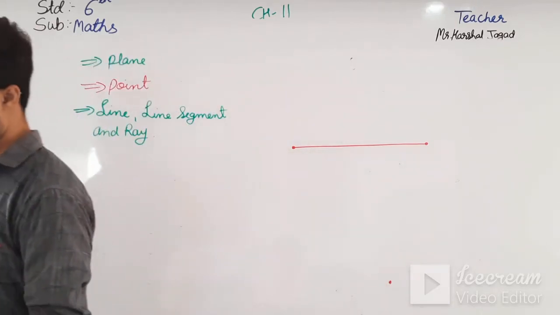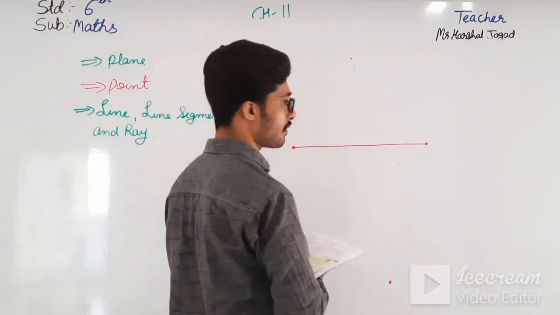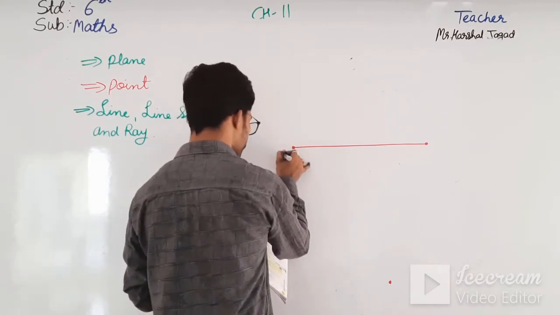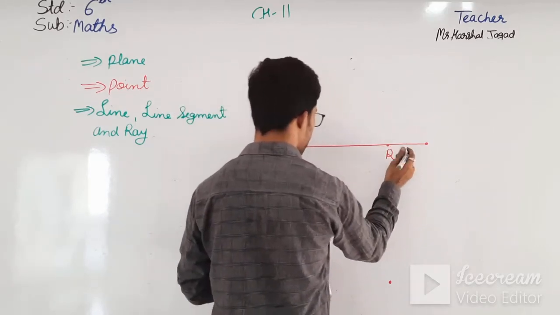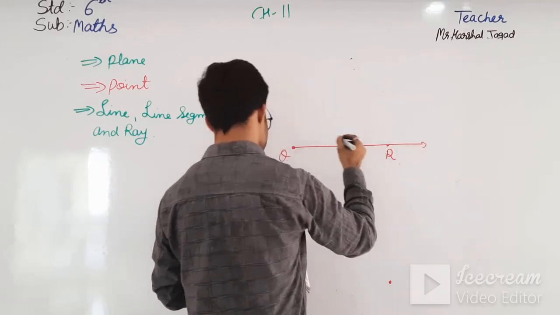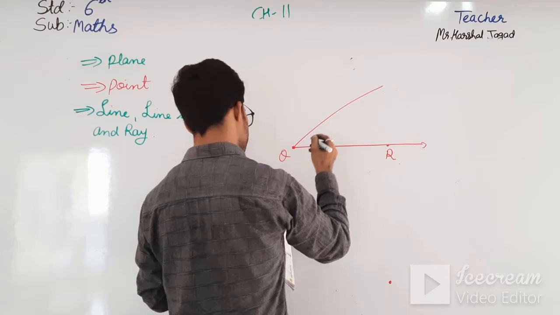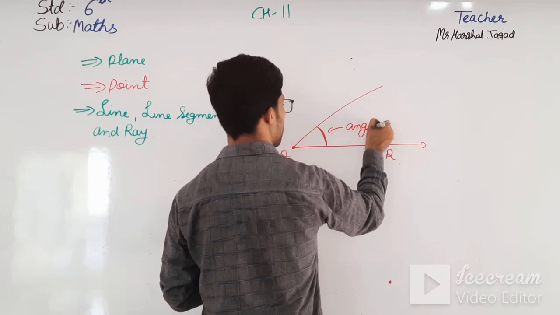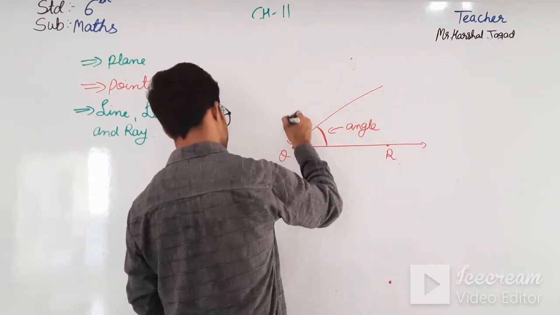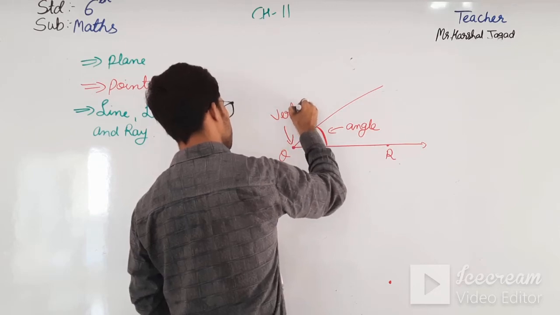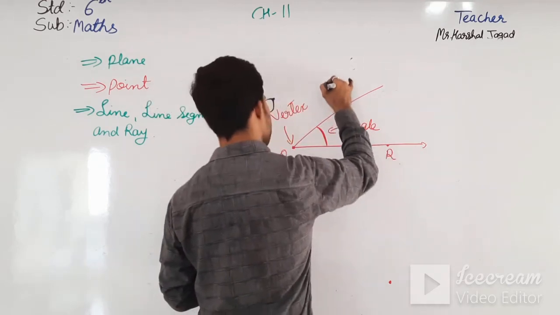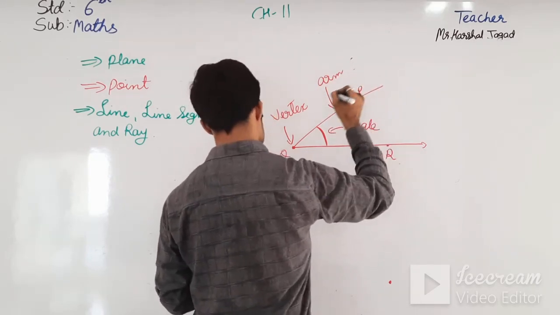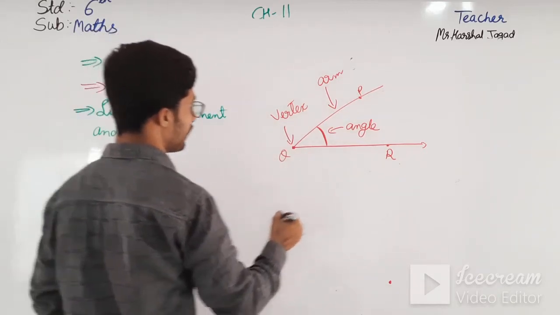Here, what is an angle first of all? If I have just made this line, from this only I have made an angle. So if I take this, this is the point Q and this is the point R. Okay, and from here if I build an angle, then the region between them is an angle, and the point is the vertex, and these are the arms from which the angle is made. Okay, this is also an arm.